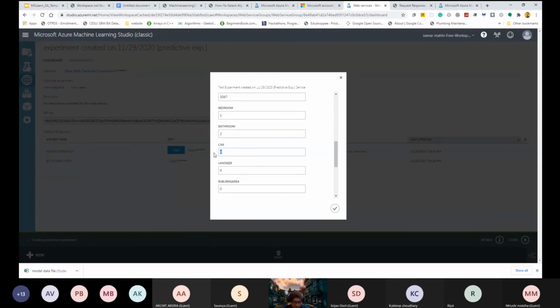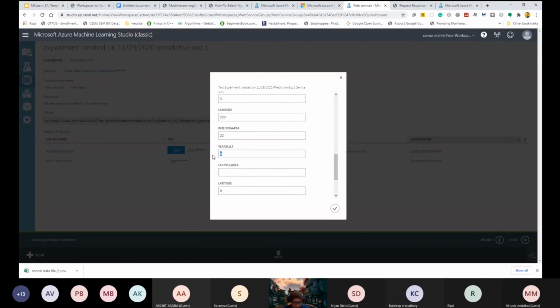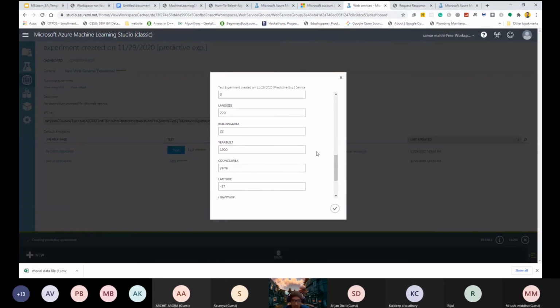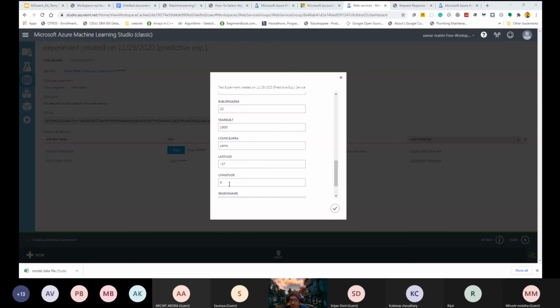Then car parking area 3, land size 22 square feet, building area 22 square meter, year built 1900, council area name, latitude of that particular area 37, longitude 144.